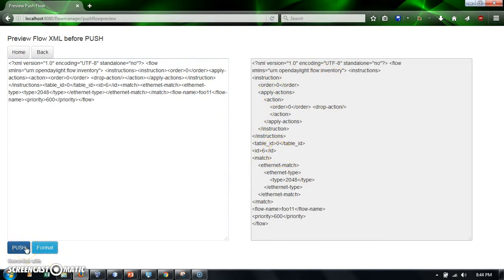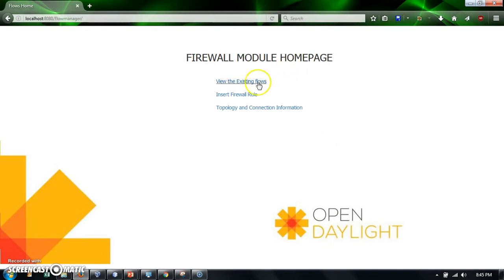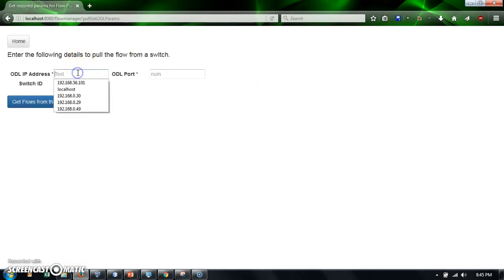Now we push the flow. If the push has been successful, then we get the response code as 200. Now, in order to check if the flow entry or the firewall rule has been successfully inserted, we go in and check the view flow entry